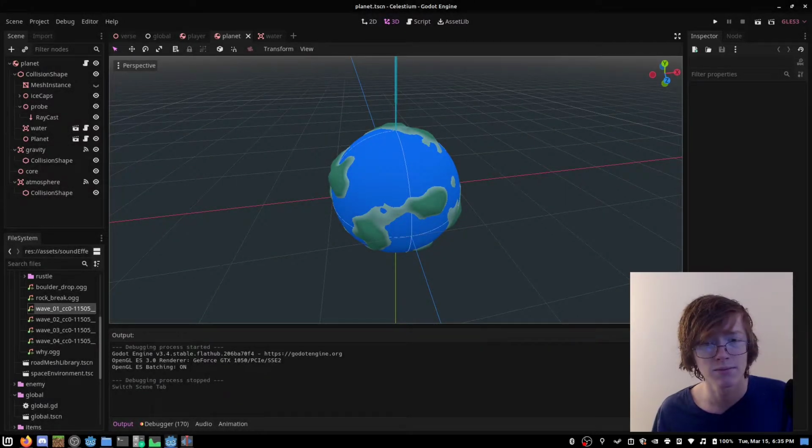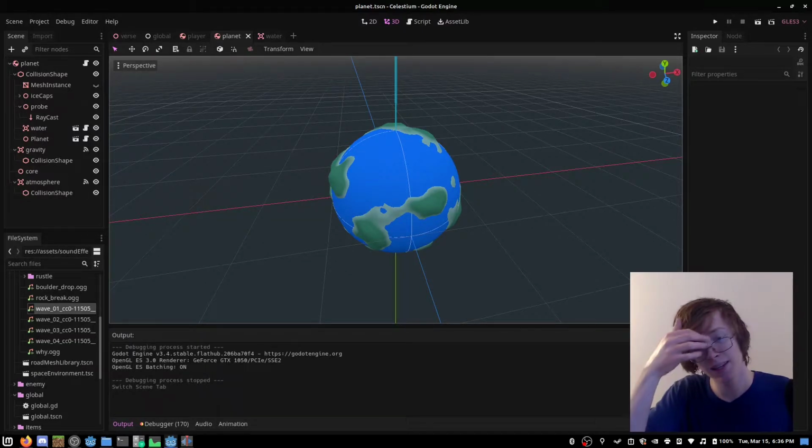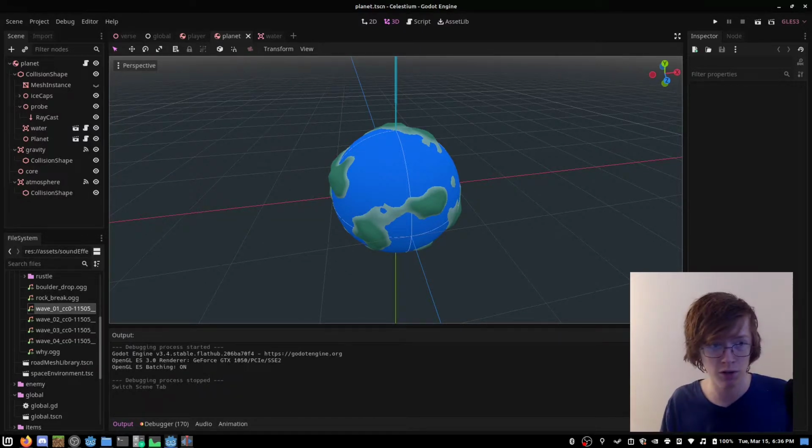There you have it. We've got 3D terrain. So in the last video, the terrain that you saw with the water and the land separated was just a static Blender model. But this is actual generated terrain. I'm using